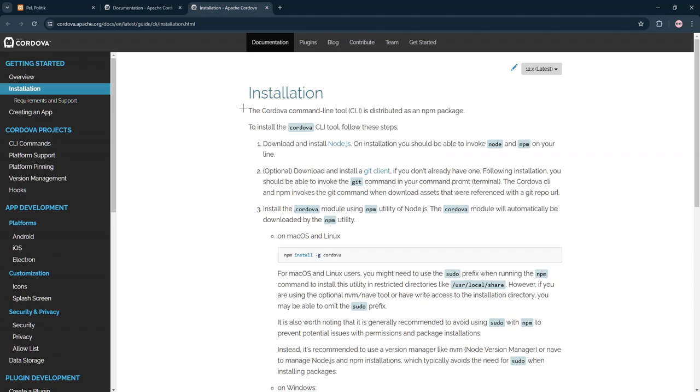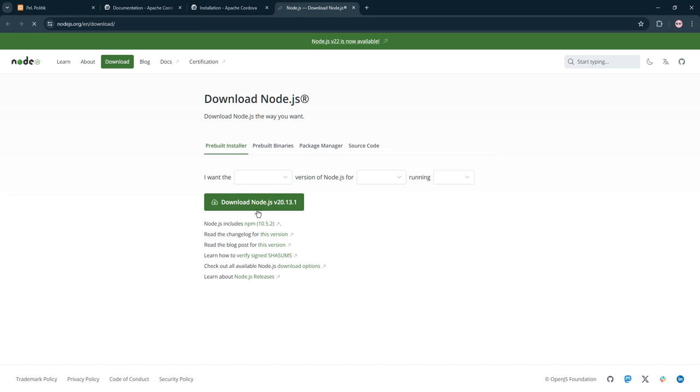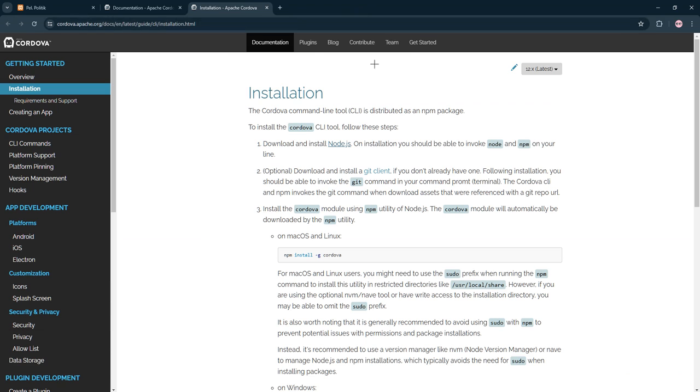I will show you how to do it. First thing to do is to install Node.js. Go to the Node.js web page. Here is the link. Just download Node.js and install it.